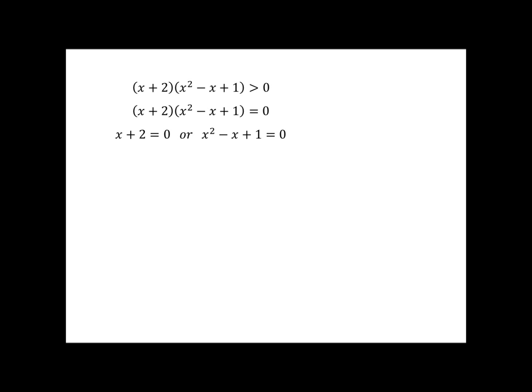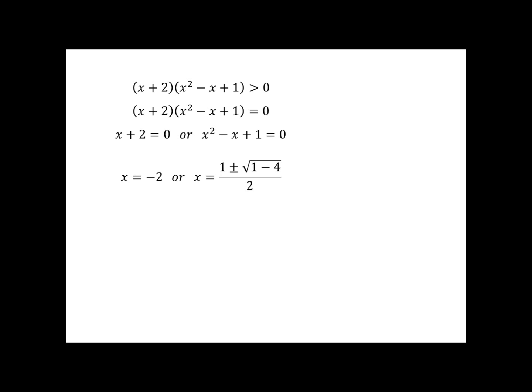Well, what do we do with the quadratic equation that doesn't factor? Well, we bring in our old buddy, the quadratic formula. So we get x equals negative 2 from our first little equation. And then from the quadratic formula, we get x equals 1 plus or minus the square root of 1 minus